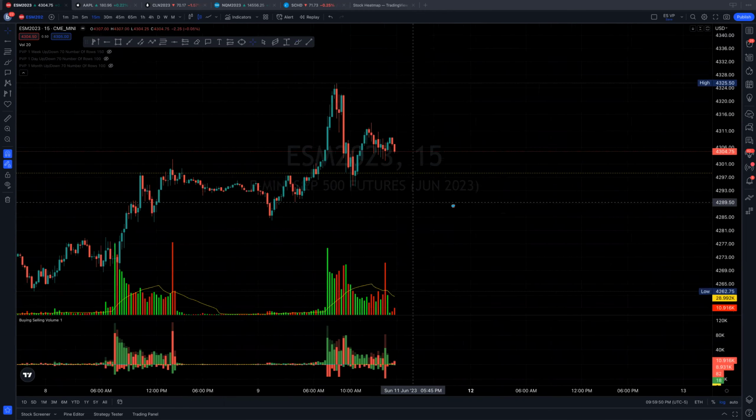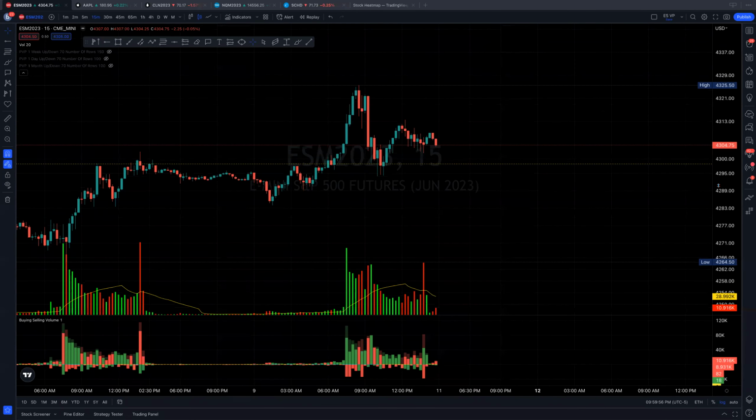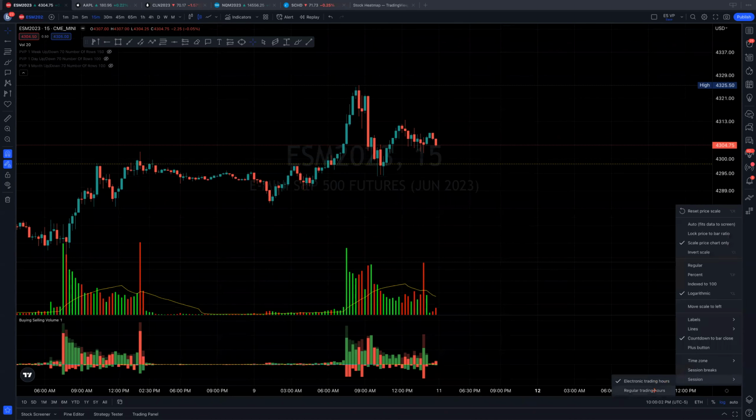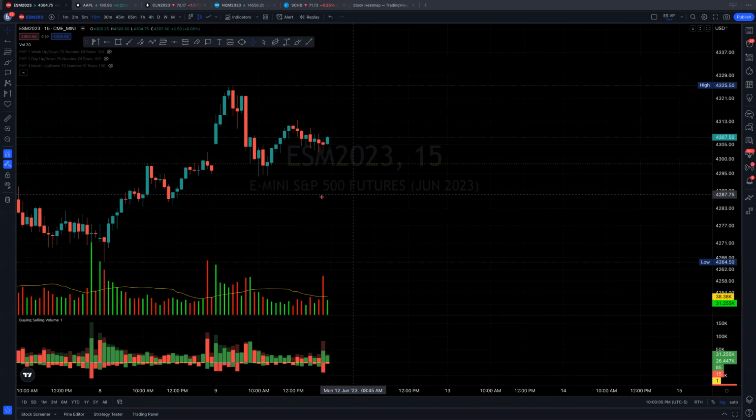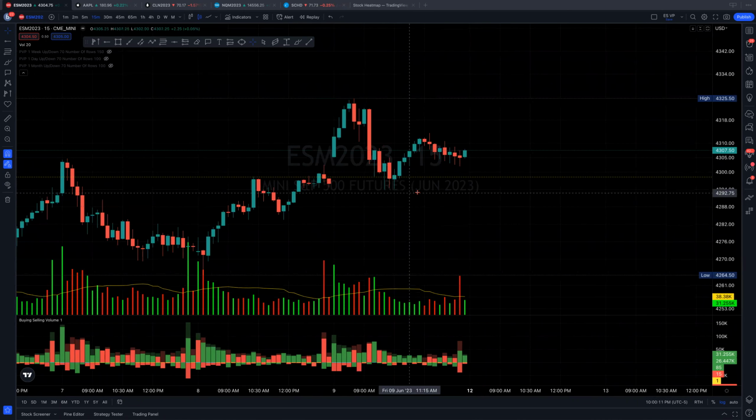So guys, this tool is really, really awesome when it comes to trading the cash sessions. Basically the non-after hours, non-pre-market. Let me turn on regular trading hours. Okay, 15-minute. Today's session was pretty good, but we didn't have any major setups today that we could use for this system. The volume was okay, but it didn't have any real major volume flips until here. And we can use this